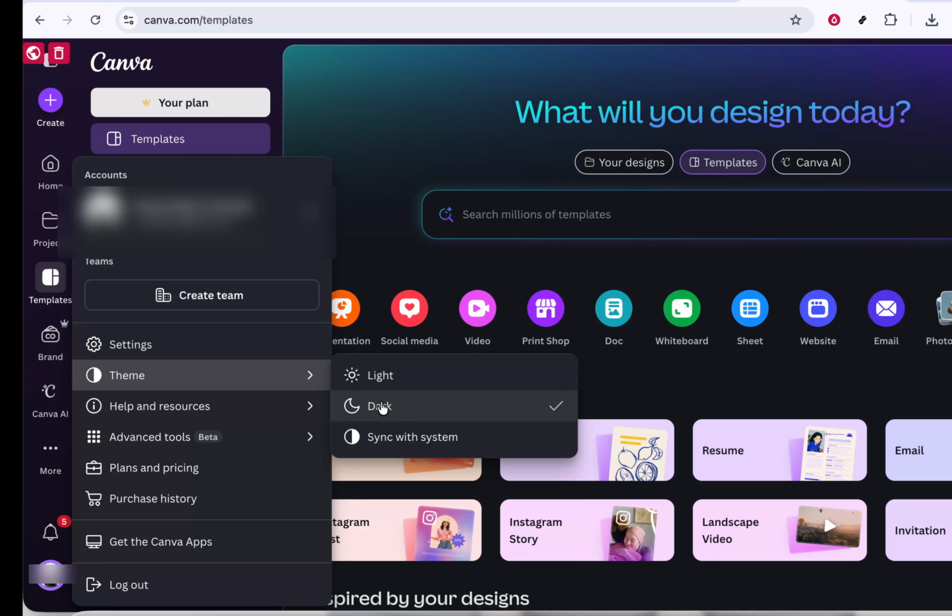That's all you need to do to enable dark mode in Canva. Click the profile icon at the bottom left, open the theme section, and select the dark appearance. Once you've done that, enjoy a more